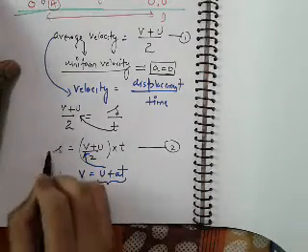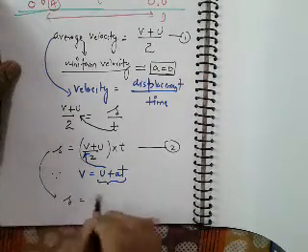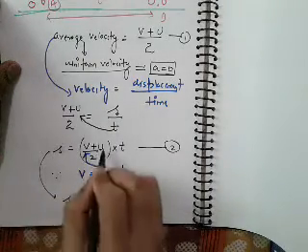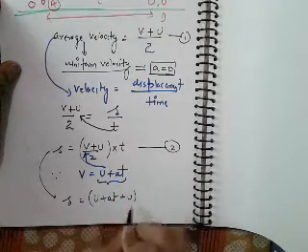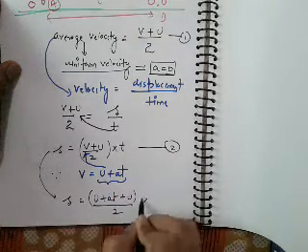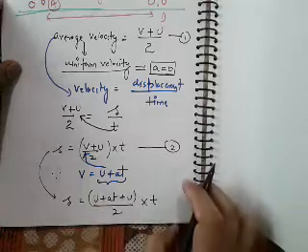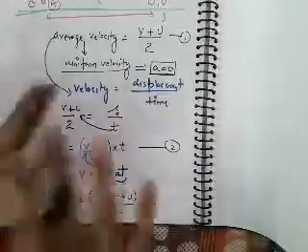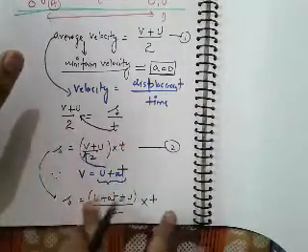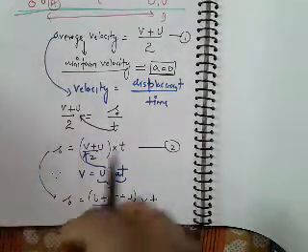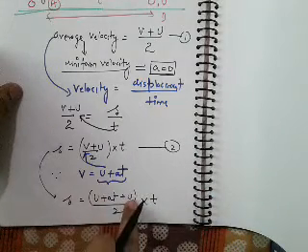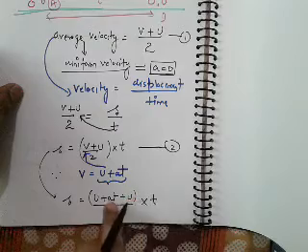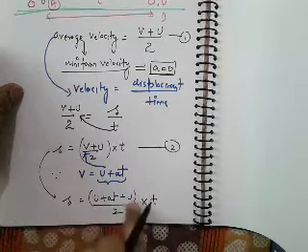We are going to solve further. So s is equal to, in the place of v, just put u plus at, and the second u is available here as it is, upon 2, into t, time is available here. That's it. Now try to solve this equation. So I'm going to the next page. U plus u becomes 2u. So 2u plus at in the bracket, whole upon 2, into t.